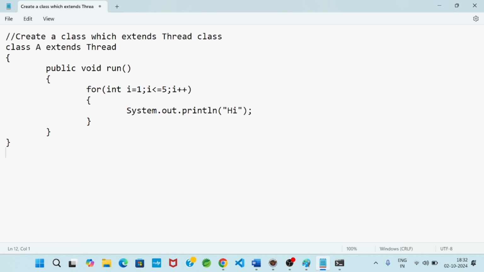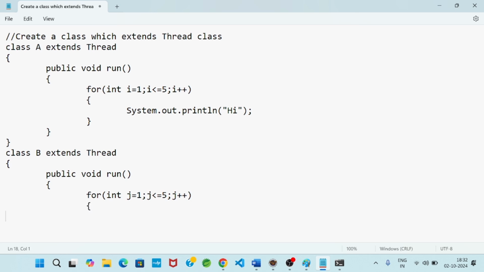Similarly, I will create another thread class, B extends Thread. In the same way, I define public void run with a for loop, taking j equals 1, j less than or equal to 5, j plus plus, System.out.println, let me write hello.